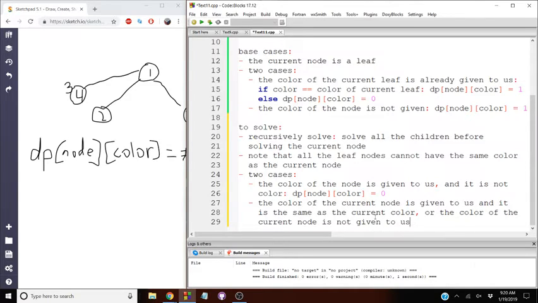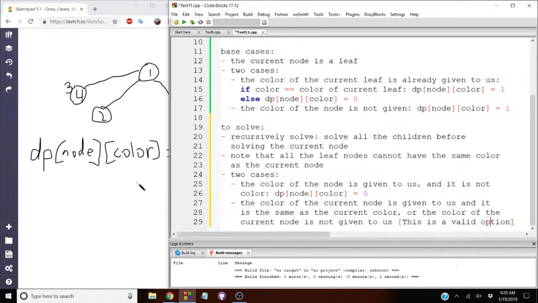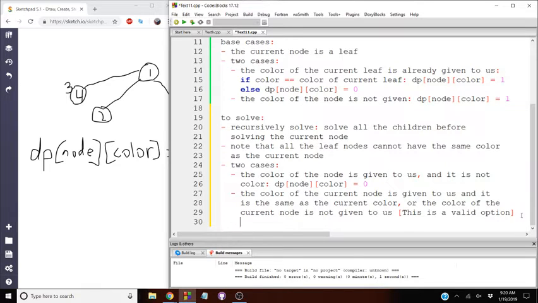Either way, basically what this means is this is a valid option. Okay, so in this case, what we do is,